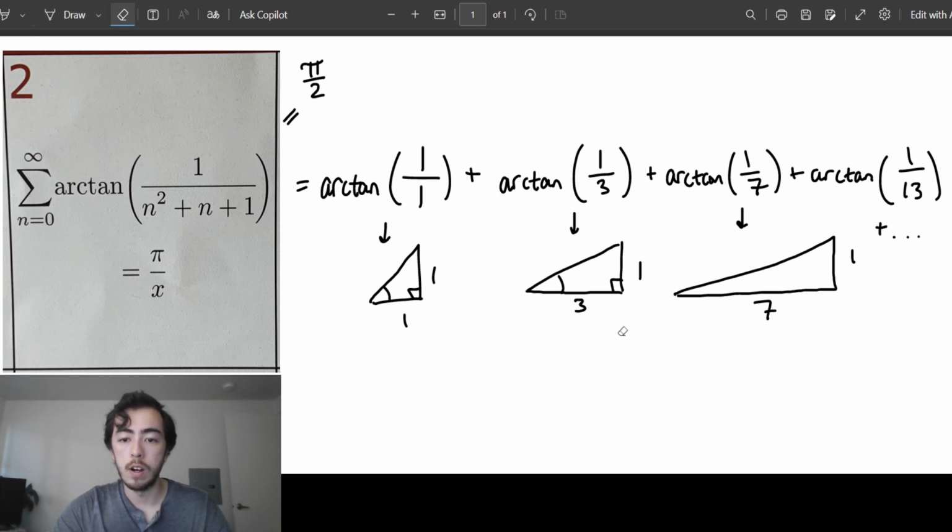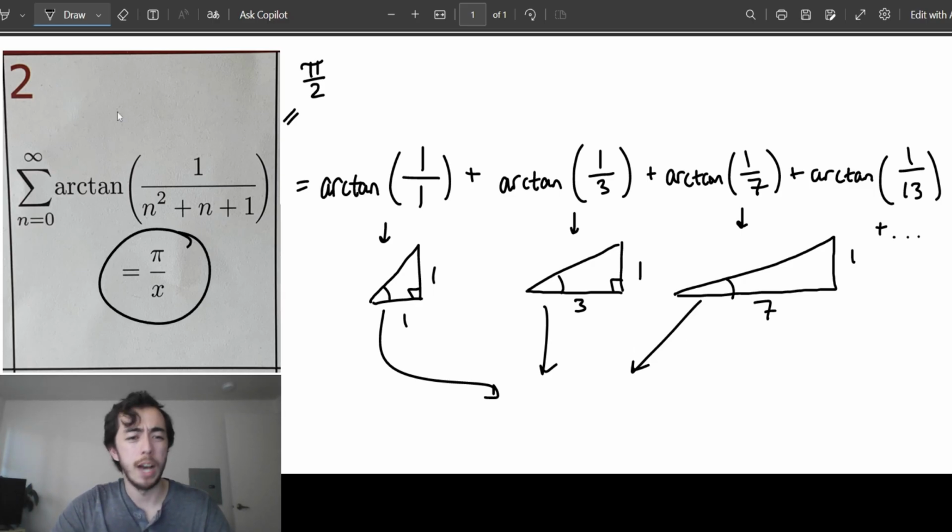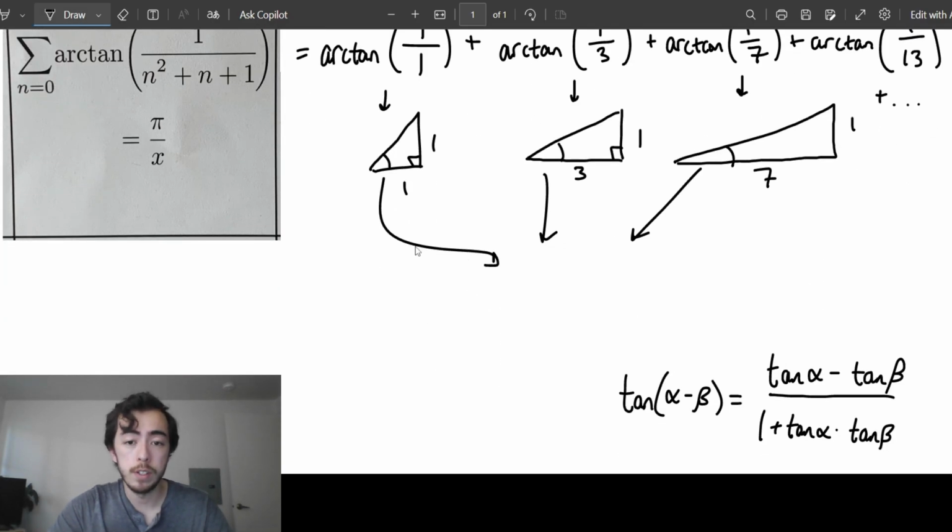And the arctangent function returns angles as its output. And so it's essentially like we're adding up all of these angles right here, and we're supposed to get pi over 2. This first angle looks like 45 degrees, or pi over 4. But then I don't really know how to eyeball these next 2